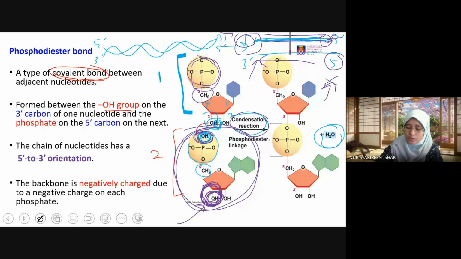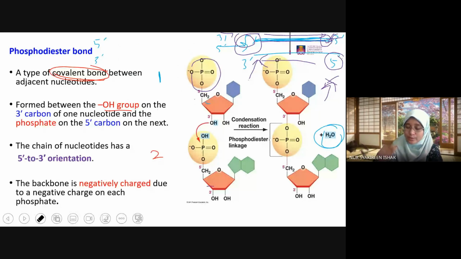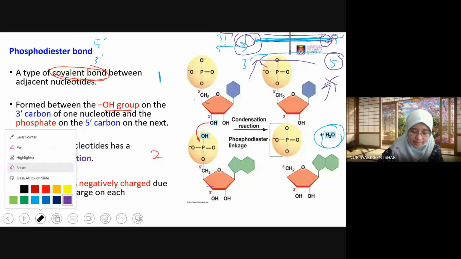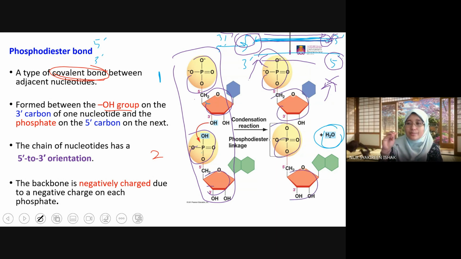Another thing that you have to take note of is that a polynucleotide has a backbone. What is a backbone? A repeating unit of phosphate, sugar, phosphate, sugar, phosphate, sugar. We call it the backbone. At the backbone of the polynucleotide, it has a phosphate group that has a negative charge. So DNA, because it has negative charge,